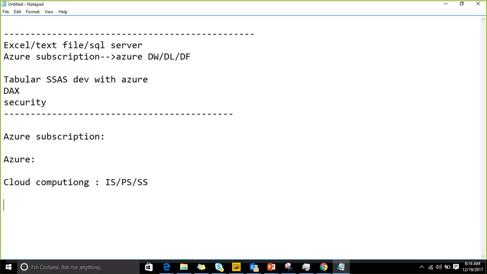Now, what are the different services which are available with Azure? In order to use them, you require an Azure subscription. You need an Azure account, so that you can create whatever you want or consume whatever you want. First of all, Azure contains